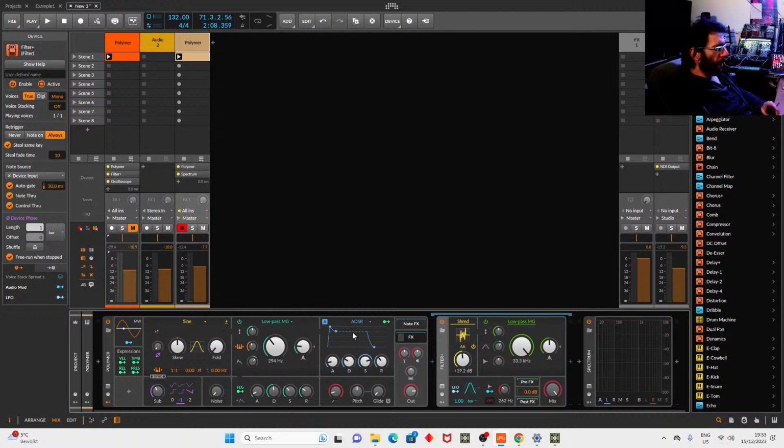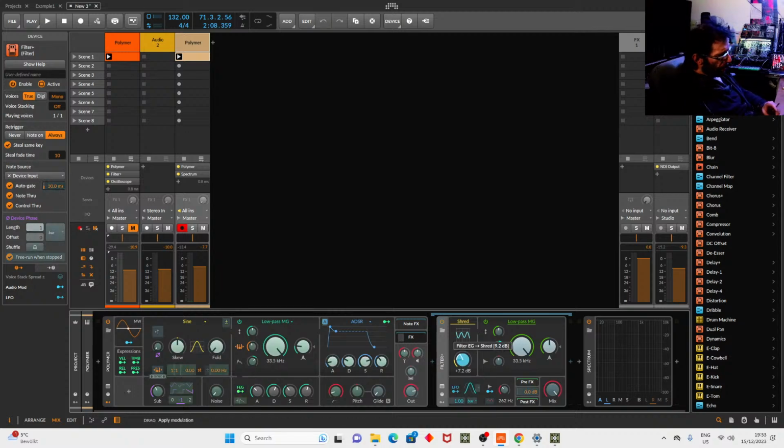So now I can use all modulators coming from the Polymer itself to control any of the parameters inside of Filter Plus. For example, I will open the filter here,